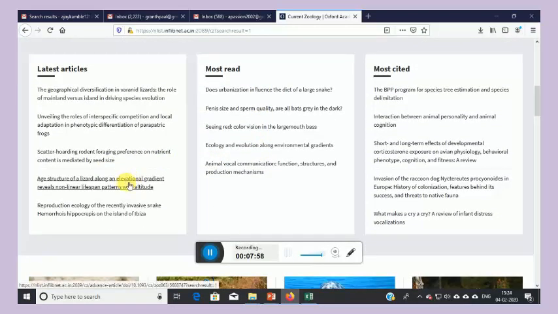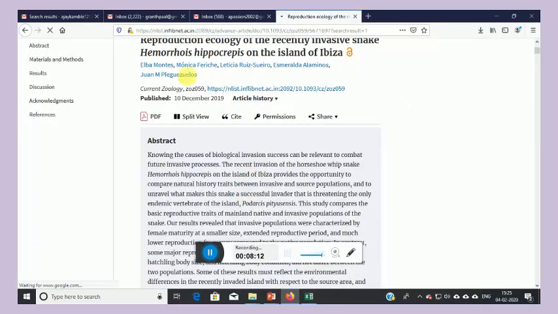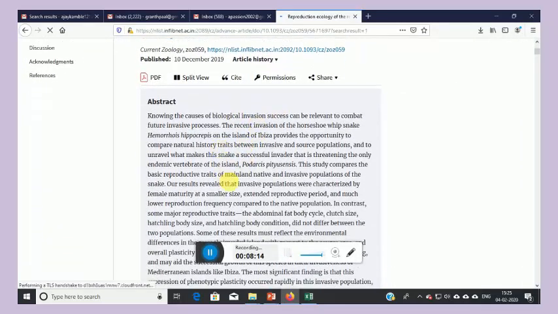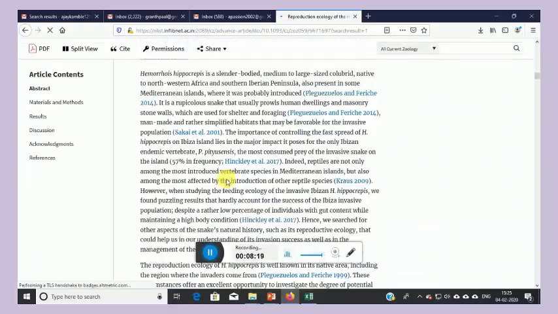So I don't know much, so let's check if we can open one article here. I have clicked on that article and we are waiting for it. Yeah, this is the article, this is the abstract, and this is the full text article.